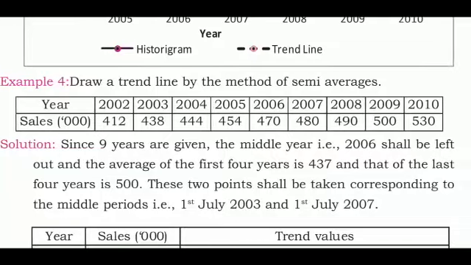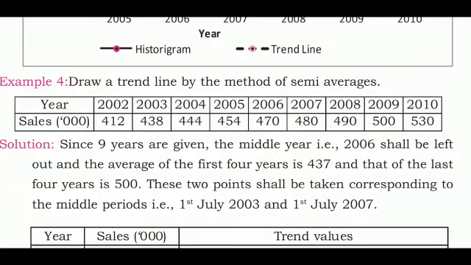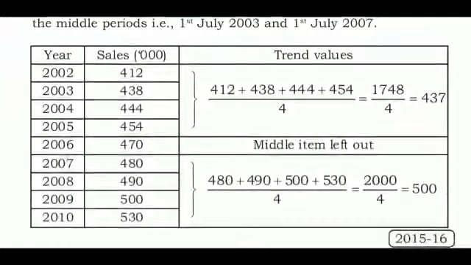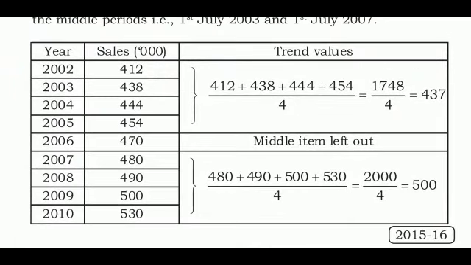Now in this particular example, how many observations are there or how many years are there? 9 years are there. Suppose if there are even years, you will be dividing them into 2 equal parts. How do we do this example here? 2002, 3, 4 and 5. We are dividing the whole group into 2. Here the years are an odd number, so one is going to remain. So simple, you leave that middle year out, you don't take it into consideration. You only take 2002, 2003, 2004 and 2005. So totally there will be 4 years.